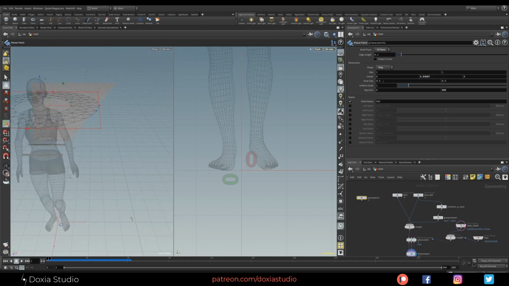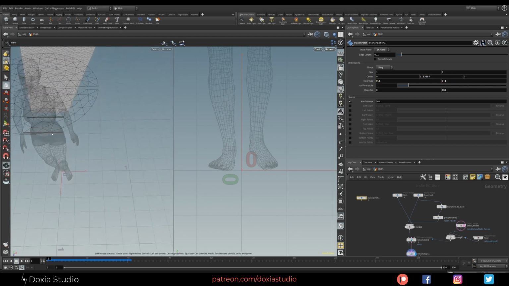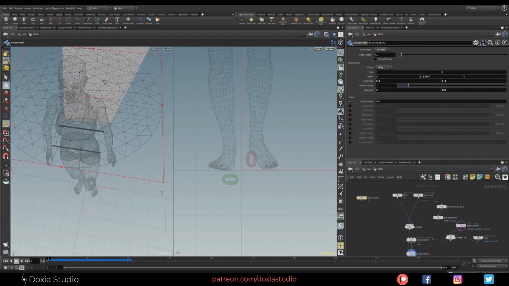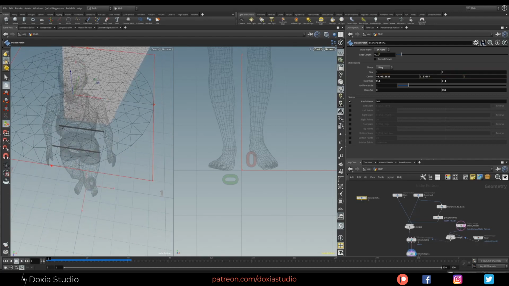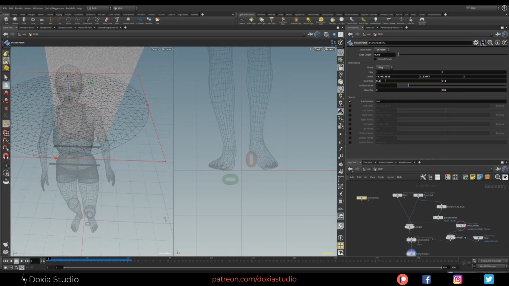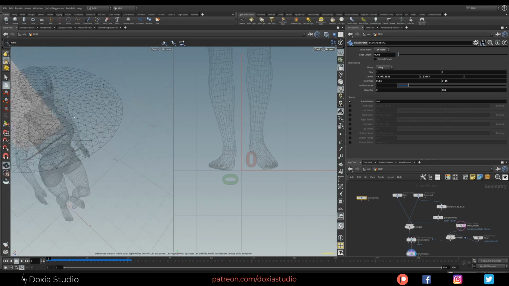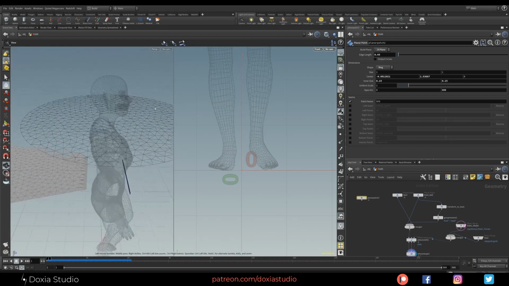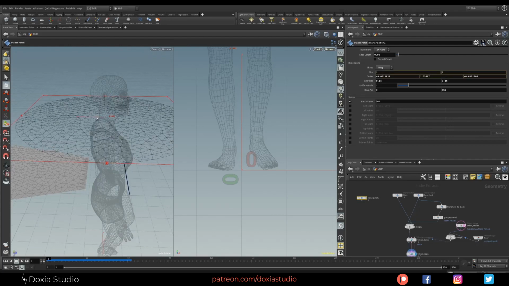Okay, let's decrease this to 0.1, 0.1. I'm going to increase the resolution, decrease the edge length. Okay, maybe this is way too low. Okay, you can see here a little hole.